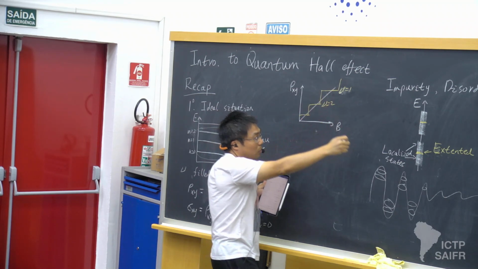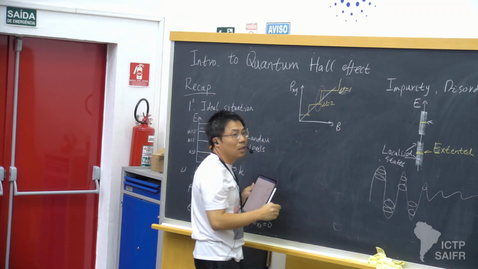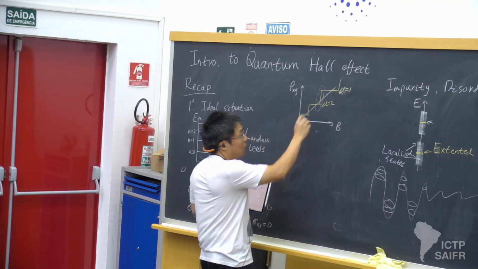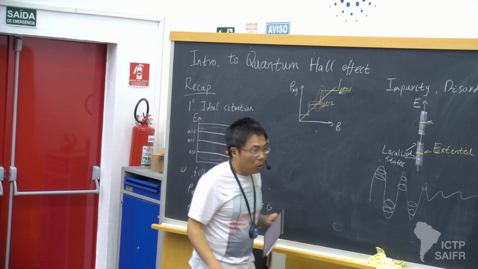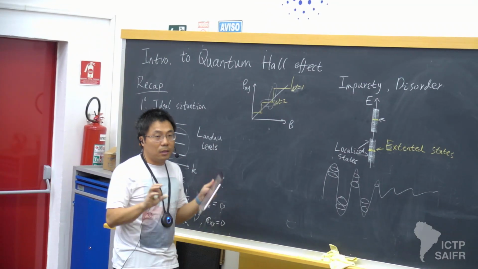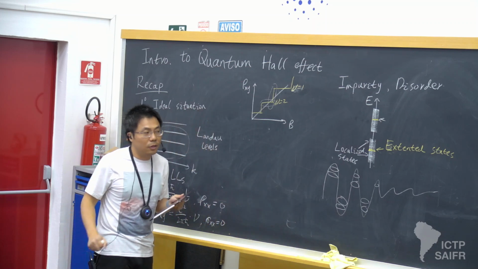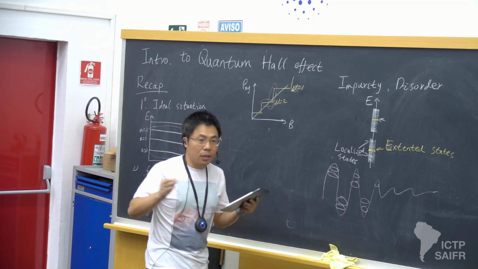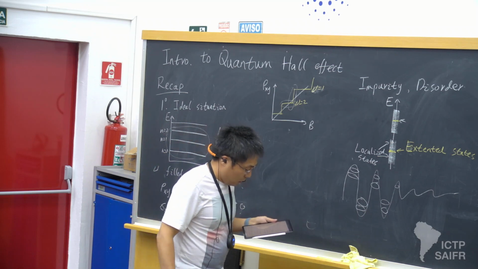So when I start to fill this state, that corresponds to this region, right? Once I fill the extended state at the second Landau level, then I will again stay in this plateau. So now I hope it becomes clear why we can get plateaus in the Hall resistivity. It's really the consequence of disorder, which makes most of the states localized. Those localized states do not contribute to the resistivity or conductivity, right? But now that comes